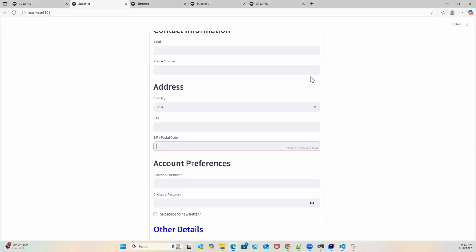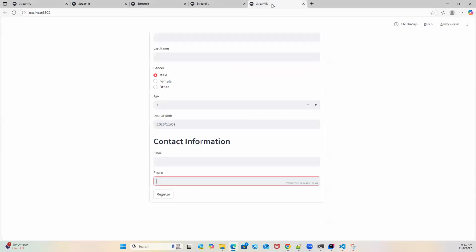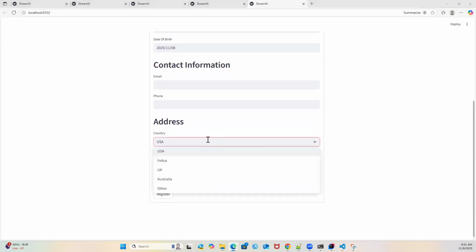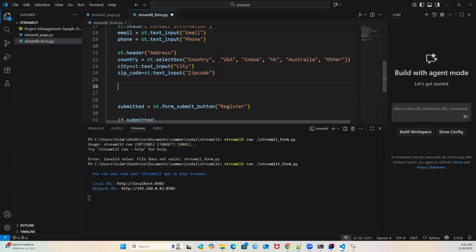Let's go back to the page and refresh it, and you will be seeing here we have address, we have this country selection, and then we have this city and zip code. Okay, if we have an API, we can give the API response here, and we will be able to load this country dynamically, the list of countries. Now apart from this, let's go ahead and check the account preference section. In this, we have checkbox and some input field. So let's go ahead, t dot header, and we are saying